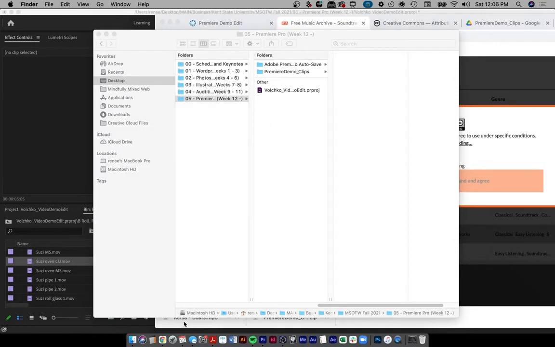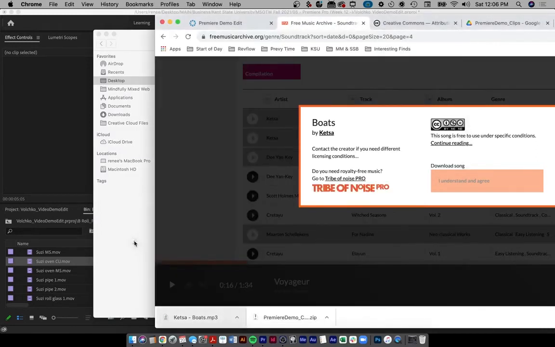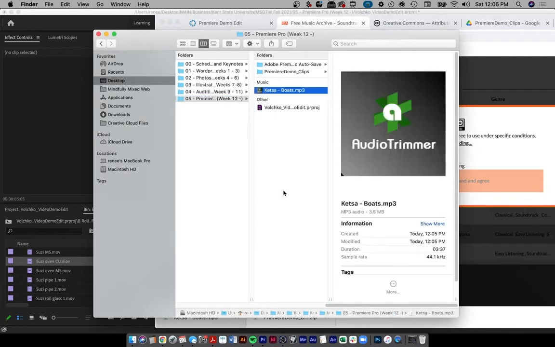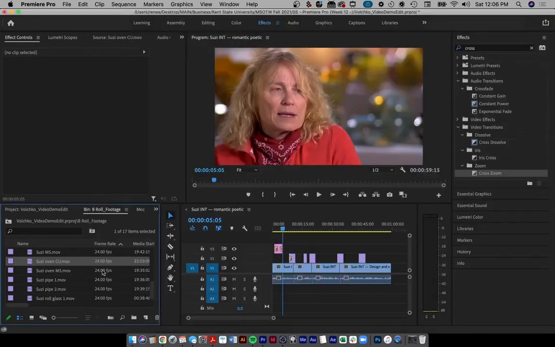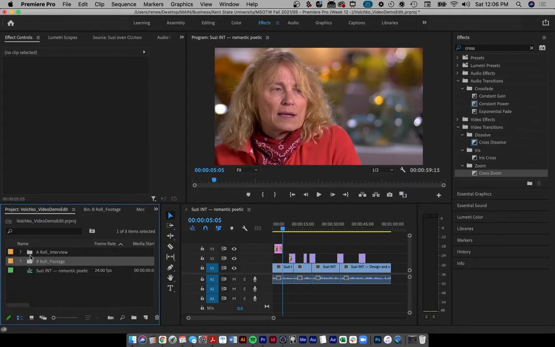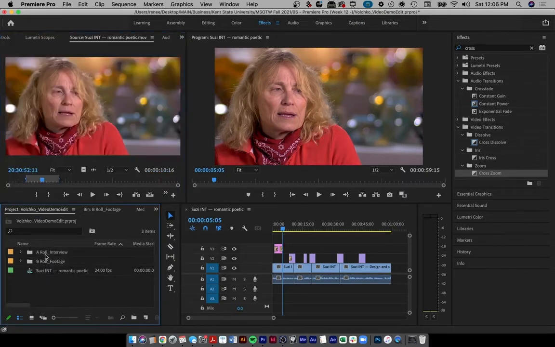Okay, so I'll take this. I'll put it in here. So now I know exactly where it's at. Now I can import it into my file. So I have my A roll, I have my B roll. For this example,